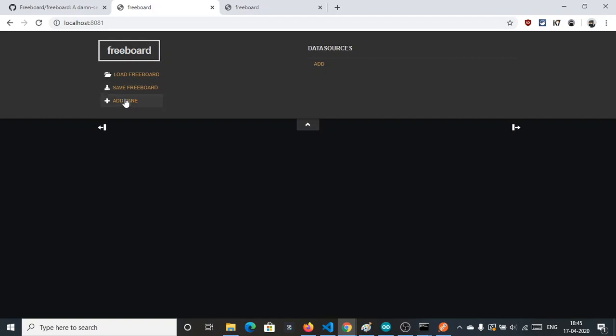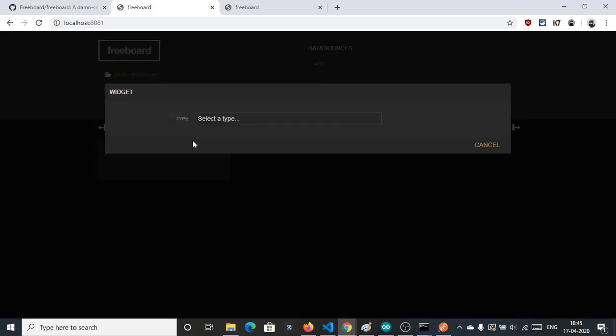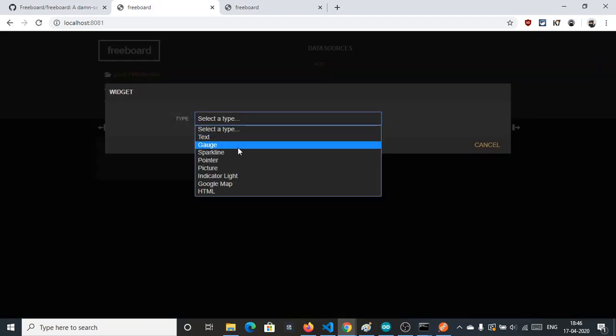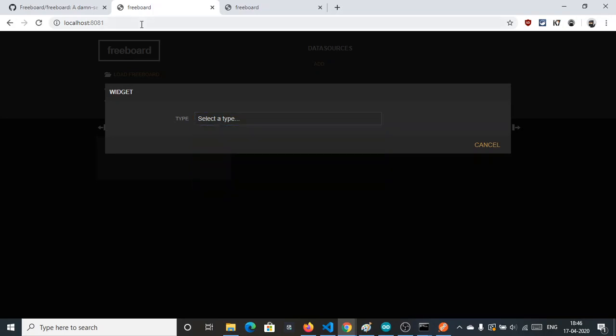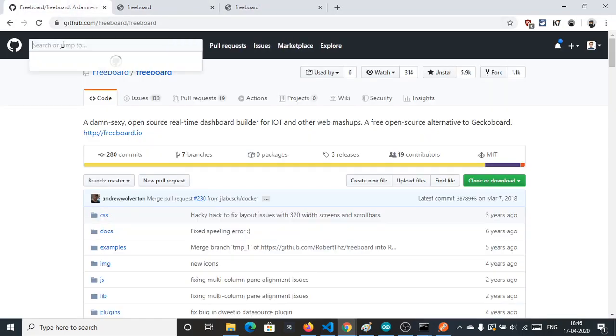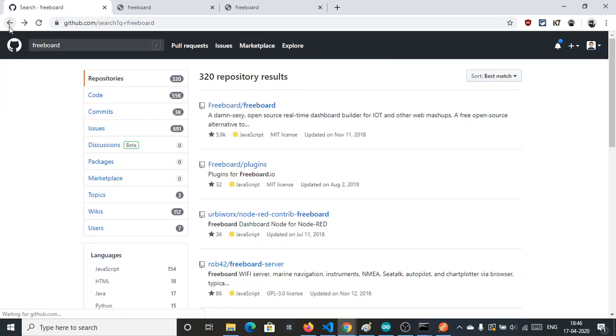The default plugins are picture, pointer, sparkline, gauge, and text. You don't have actuators or switches here, so you need a plugin, Freeboard plugins, simply.